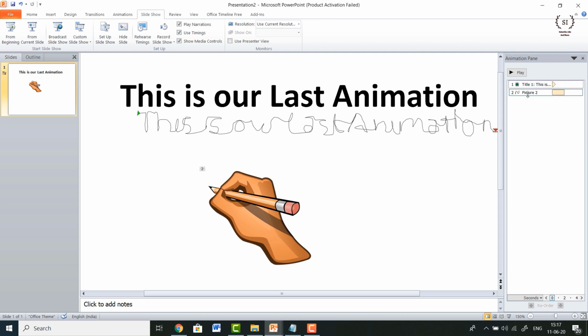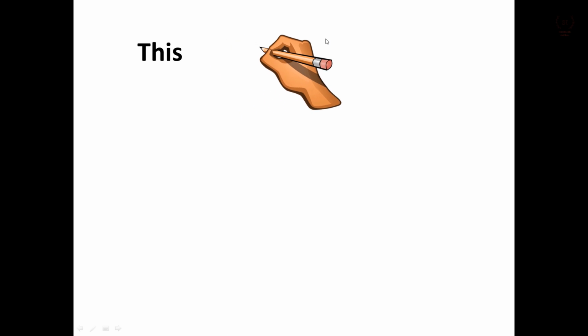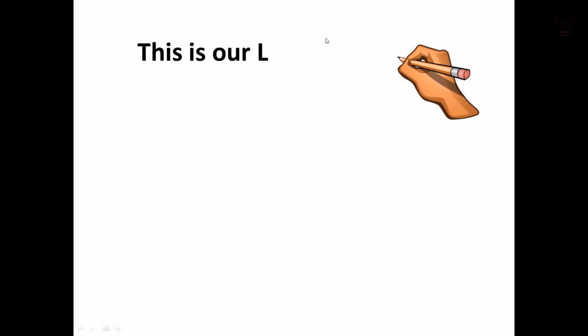So for this picture or the image part, I have to again right click, and instead of start on click, it should start with previous and not start after previous. Keep in mind you have to start with the previous animation. Now let me play it. Okay, now it is starting with the text, but there is a lot of